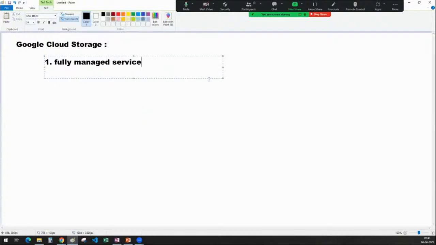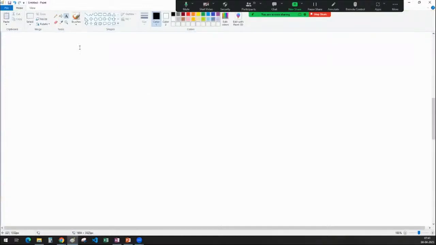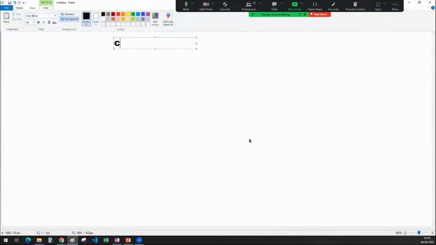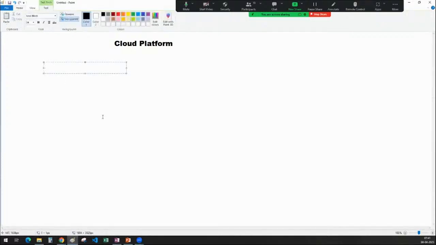What do you mean by that, sir? What is meant by fully managed service? Sir, I want you to understand what is meant by fully managed. For the very first thing, I will try to tell you. If you go to any cloud platform, the services in the cloud platform are categorized into different things. One is